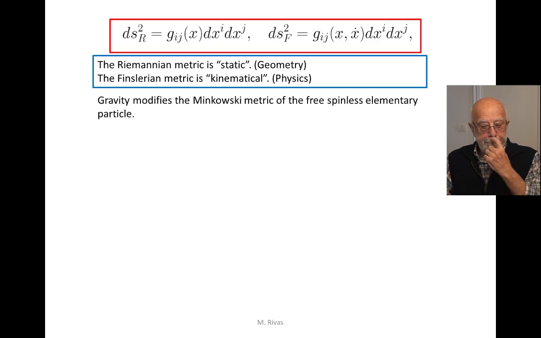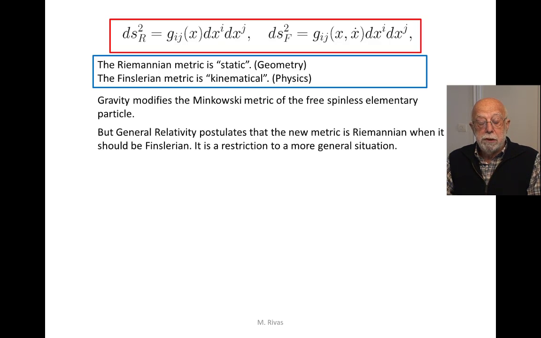Now, you see what I mentioned before, that gravity modifies the Minkowski metric. But generally, relativity postulates that this new metric is Riemannian, when it should be Finslerian. Therefore, general relativity is making a restriction to a more general situation for analyzing what gravity is making to the spinless point particle. But in fact,